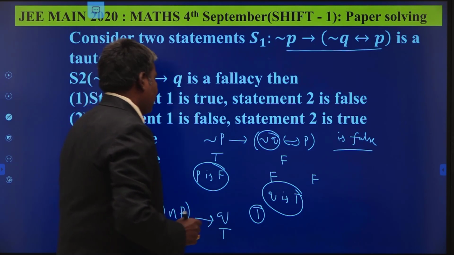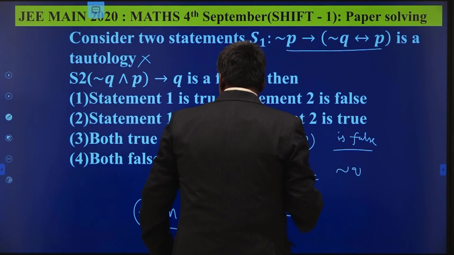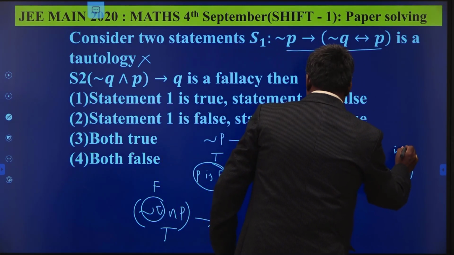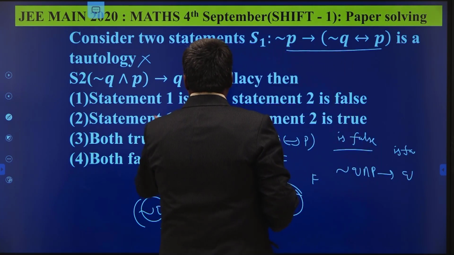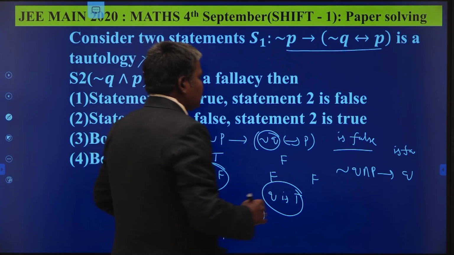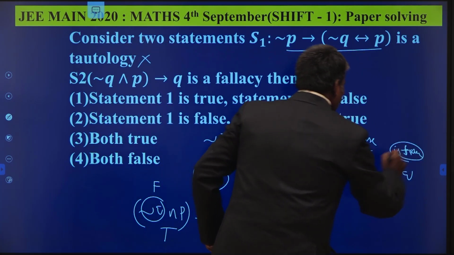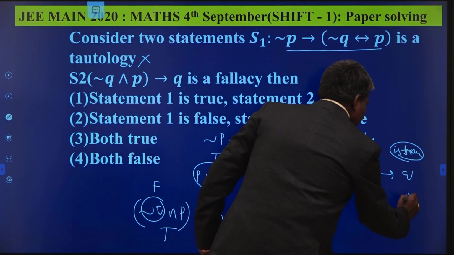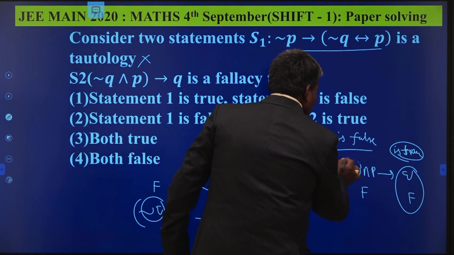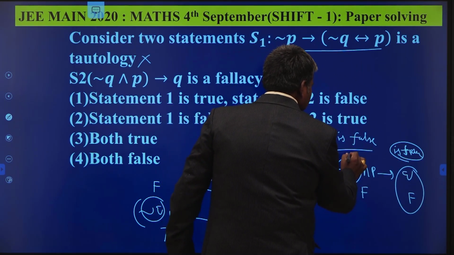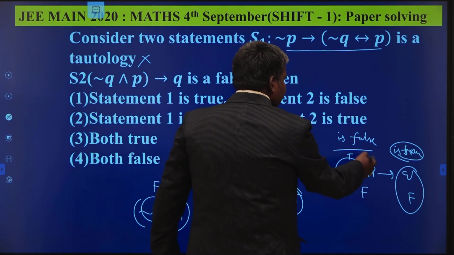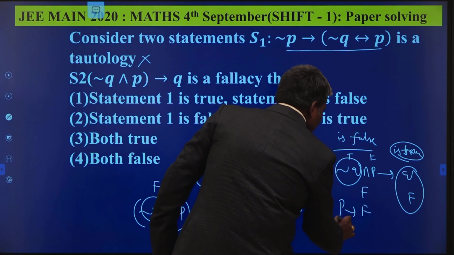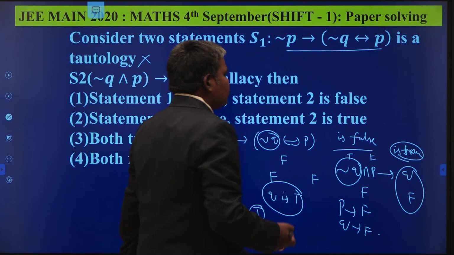Suppose we take false, false. Negation of Q and P implies Q is a false statement. This is what they have given. This is a false statement. This is true, say. Suppose when it is true, it is true. False implies false is also a true statement. So your Q is false, automatically this will be true. True and what is false? True and false is false. So your P is false and Q is false, then your statement becomes true.